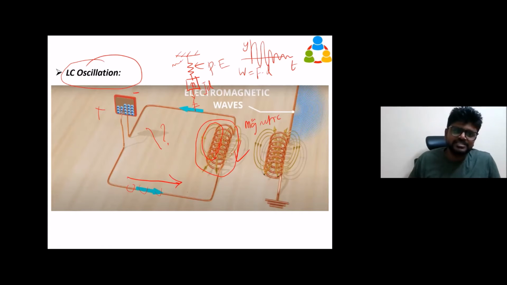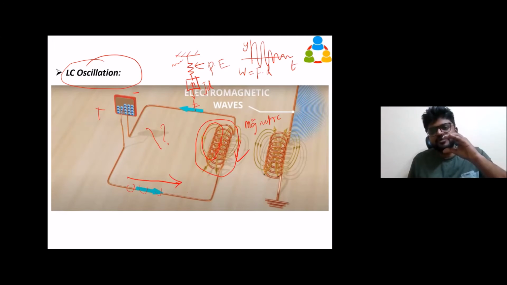All the charges get discharged, and our work is stored in the form of magnetic field, and it reaches the lower potential, and the capacitor becomes neutralized. So now the charges in the capacitor got completely discharged. The capacitor has no voltage difference. So no more current flow will happen in the circuit. So what will happen to the built-up magnetic field here? It starts to collapse. What was happening before? The magnetic field was increasing. Now, since there is no current, the magnetic field starts to collapse.